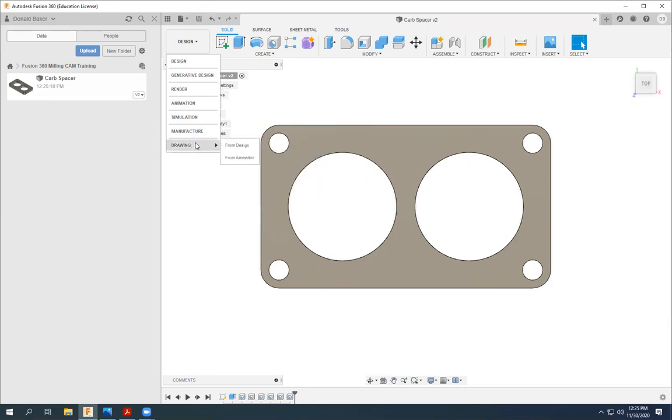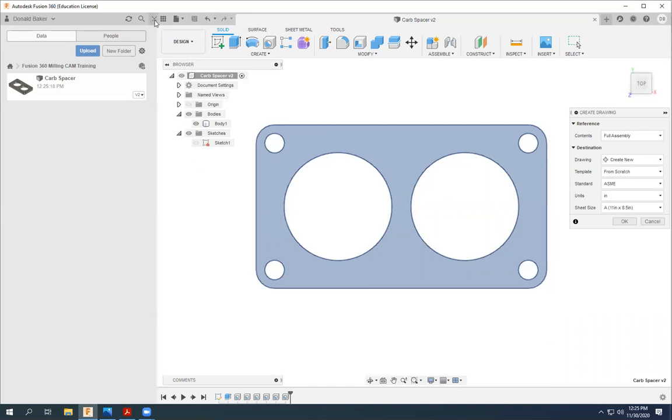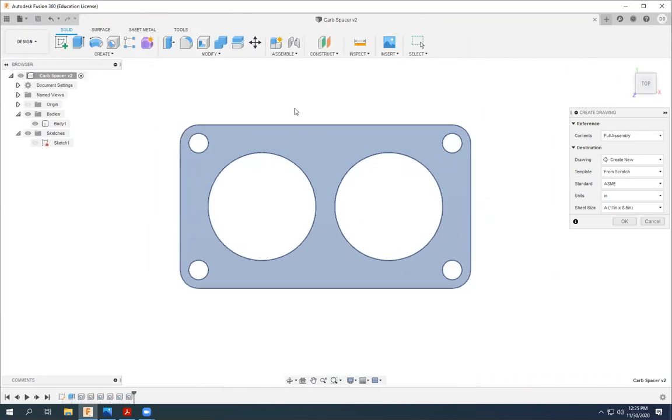So we'll go down to the last one and then click drawing from design. With drawing from design, it's going to allow us to click a drawing, and it takes a moment for Fusion to go ahead and respond to that. And it brings up the create drawing toolbar, and it's asking us how we want to create a drawing,